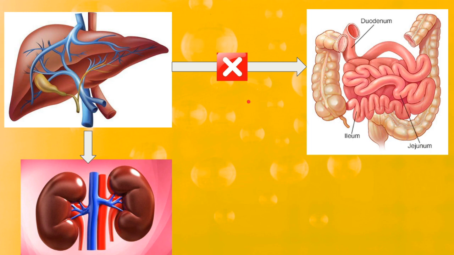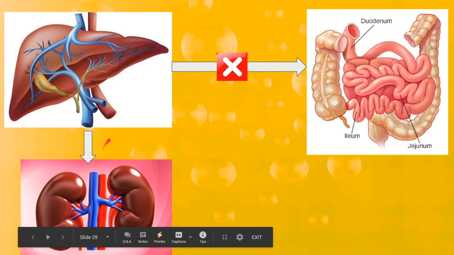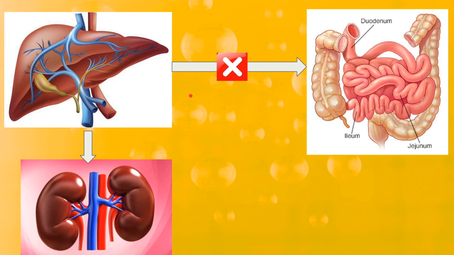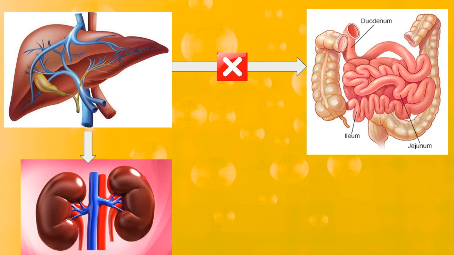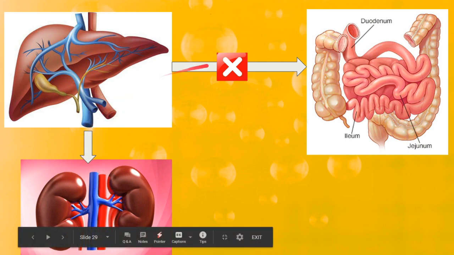The conjugated bilirubin will now directly enter the kidney, without getting converted into urobilinogen and stercobilinogen. So directly, conjugated bilirubin will enter the kidney, and because of this, conjugated bilirubin would be seen in the urine. That's why the amount of urobilinogen in the urine would be nil. Also, the amount of stercobilinogen in the stool would be nil. Why? Because the conjugated bilirubin directly enters the kidney without entering the gut.